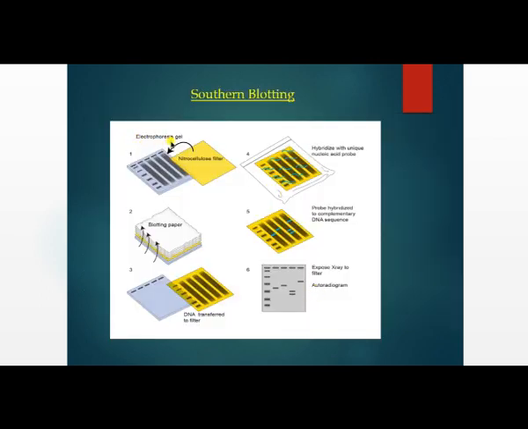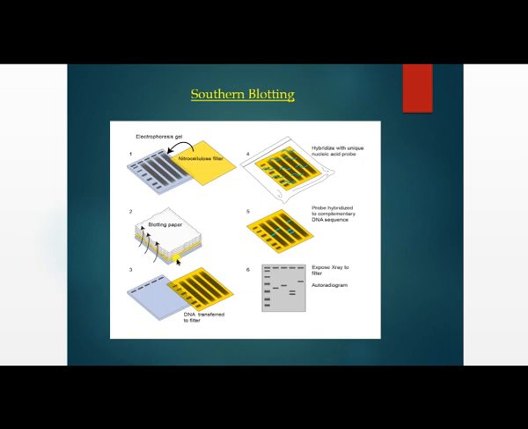after finishing the electrophoresis process, we remove the gel from the electrophoresis tank and blot it with nitrocellulose filter paper. As this gel surface, after electrophoresis, has DNA fragments on its surface, we are sandwiching this nitrocellulose filter paper and this gel, so the DNA fragments present on the gel surface can be transferred onto the nitrocellulose filter paper.